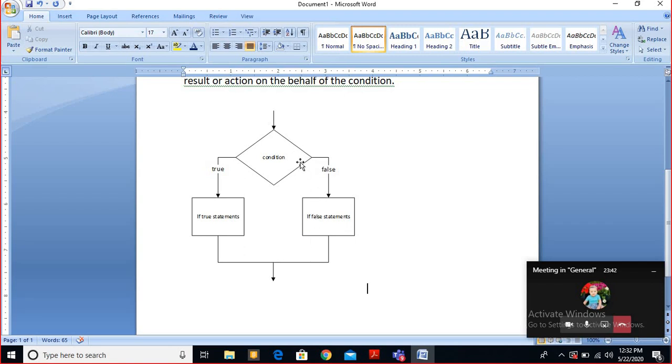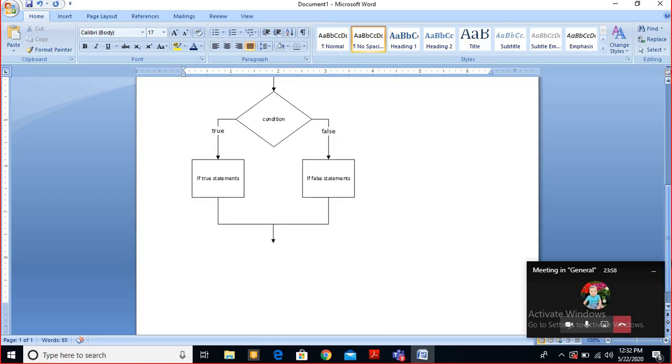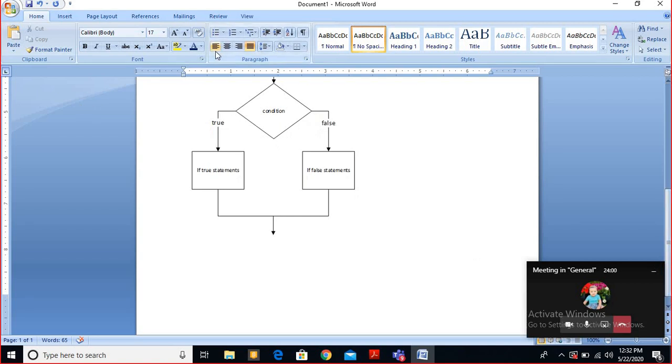That's it. It is only this: if the condition is true, what will happen, and if the condition is false, what will happen. It's a simple way that on the behalf of the condition we can take the result. That's it. I'm going to make a small program on behalf of this, which I'm going to write here. Then we will proceed with the practical for that.